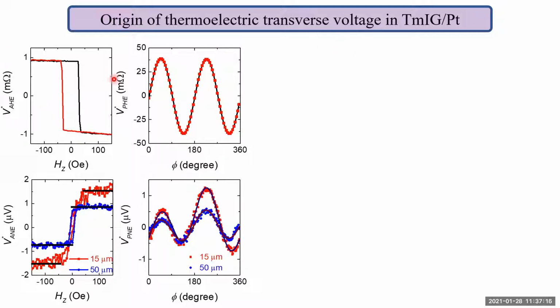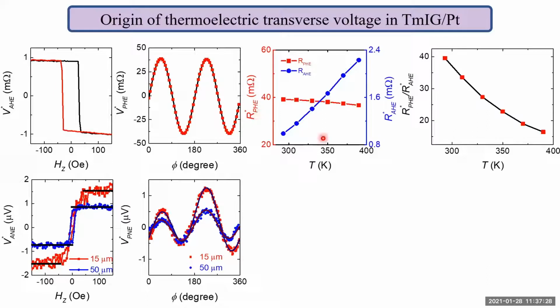So again, this is the AHE and PHE data for TMIG platinum, very similar to TMIG tungsten. And this is the thermal analog of that. This is also similar. Now, if we take the ratio of this PHE